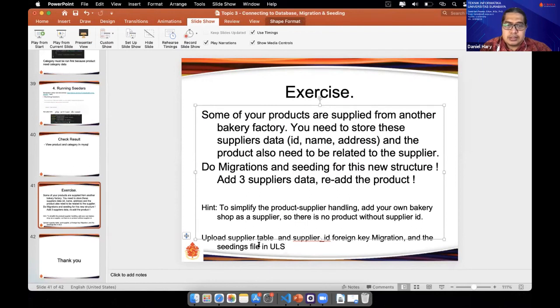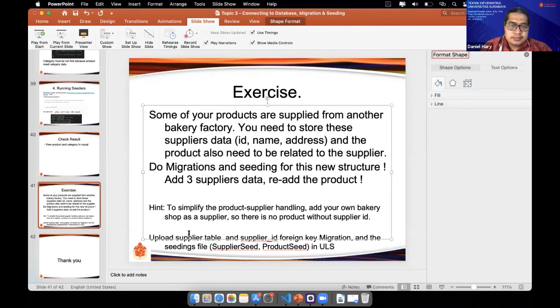I think for the seeding files, I just need to take a look at supplier seeder and product seeder.